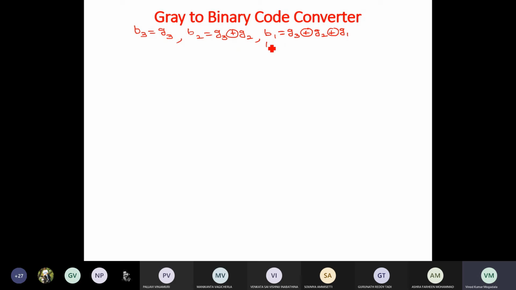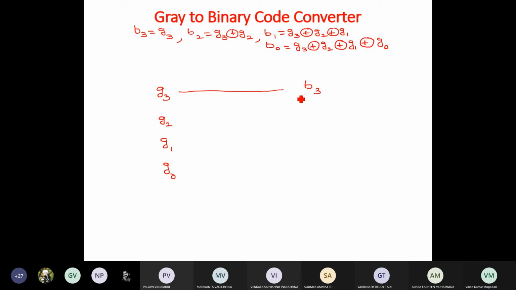And then finally for B0, it is Z3 XOR with Z2 XOR with Z1 XOR with Z0. So now we have input bits G3, G2, G1, G0. Simply B3 is nothing but G3.